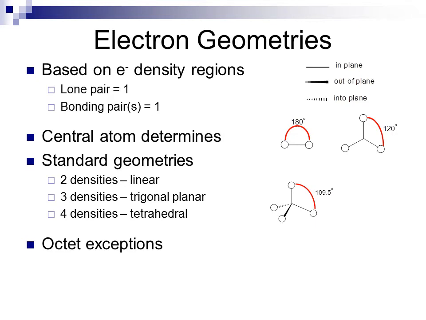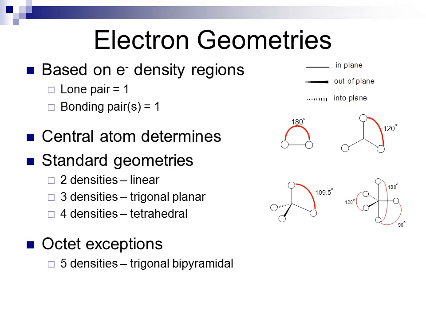Octet exceptions bring 2 more electron geometries to the table. We have 5 densities, which is called trigonal bipyramidal. This is kind of like combining a trigonal planar and then running a single straight line through the middle of the central atom, going perpendicular to the rest of the atoms. There are 3 different angle geometries in this. There's a 90-degree angle between the points that form something of a T shape on the right-hand side. There's 180 degrees between the top and bottom atom, and 120 degrees between each of the atoms in the central